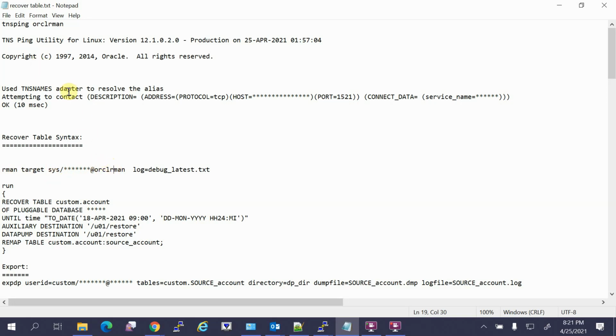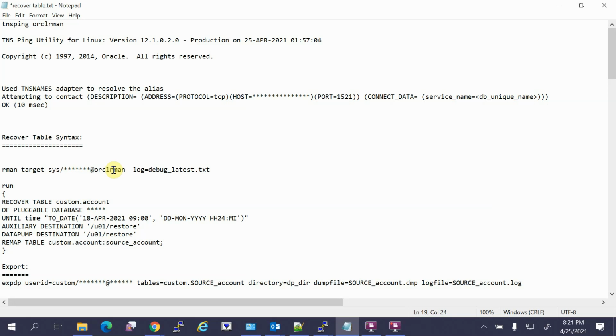So in the tnsnames.ora, I have defined the service name, here your DB unique name. Just for security purposes I disabled everything. So here it should be the DB unique name. If you give your service name as the DB unique name, you will connect to your CDB, not to your PDB. So explicitly you have to connect to this CDB. It is because of some bug.